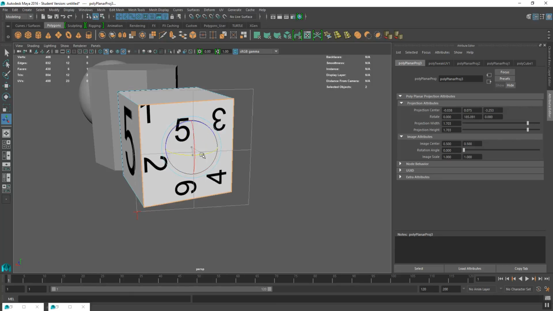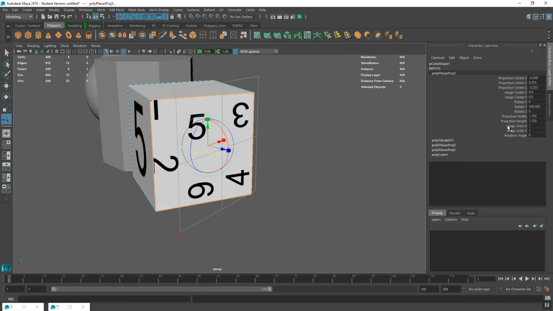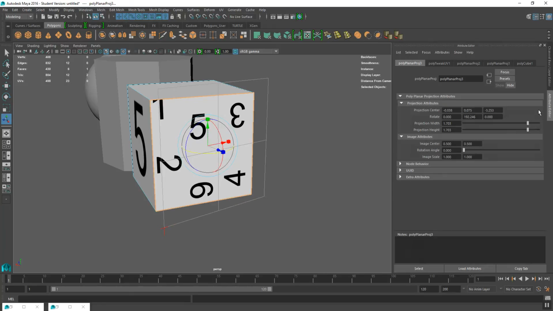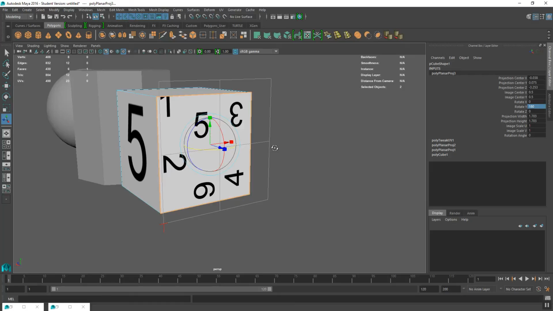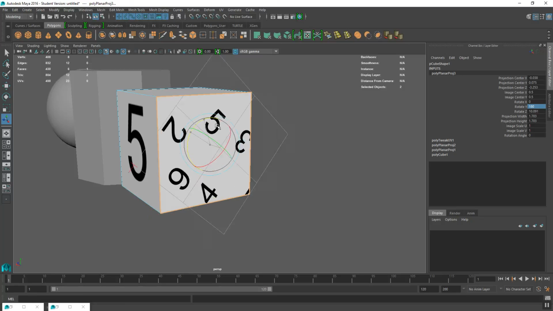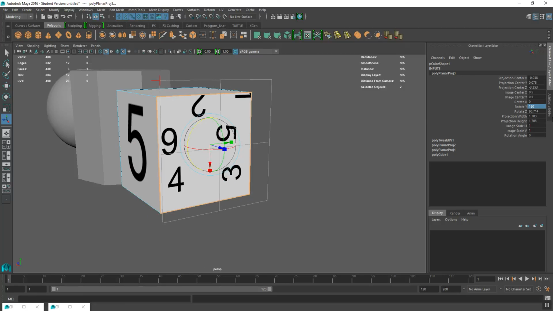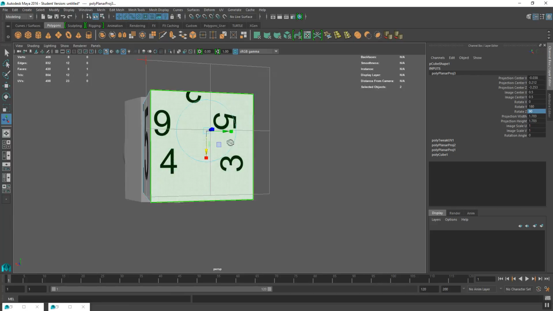The other thing is I want to rotate it accurately. So if I press Ctrl A, I should get my channel box here, and I can just keep pressing Ctrl A until that appears, and I'm going to rotate this round by 180 degrees, and then I know that that's accurate. What I can also do, if I was picking the number 4 for instance, is rotate it this way round and then click in here and make sure it's rotated at 90 degrees